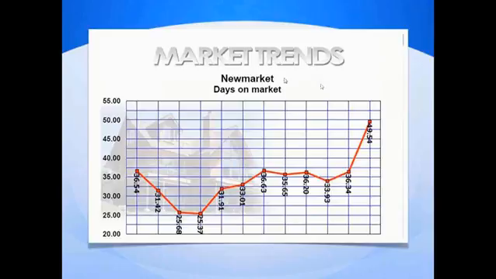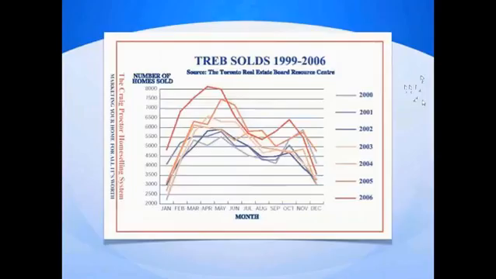Now, this is a graph that I use on seasonality. You can see that this charts back a bunch of different years, but always more activity in the spring, and then it drops down in the summer, and then we've got a bit of a blip here in the fall. A question that sellers will commonly ask me is, when's the best time to sell? So I would show them this graph. And if they're listing their home in the summer, they're going to have to be perhaps a bit more aggressive with price because sales have dropped off.